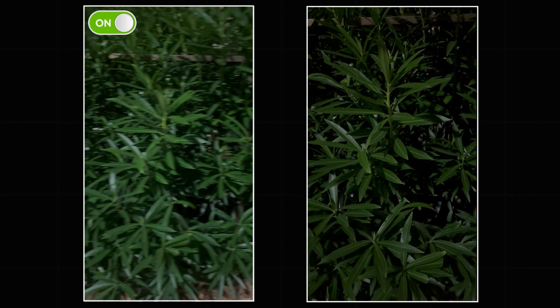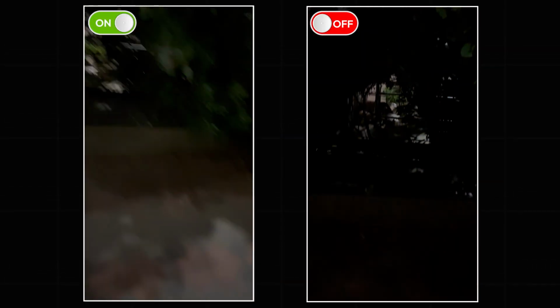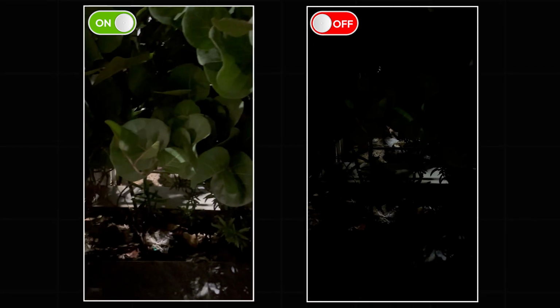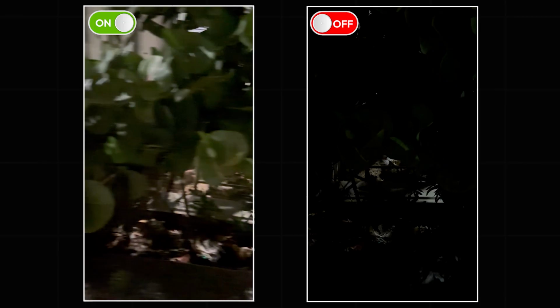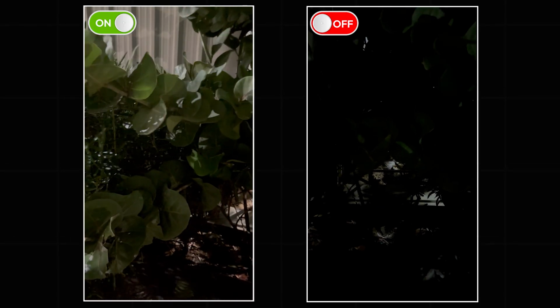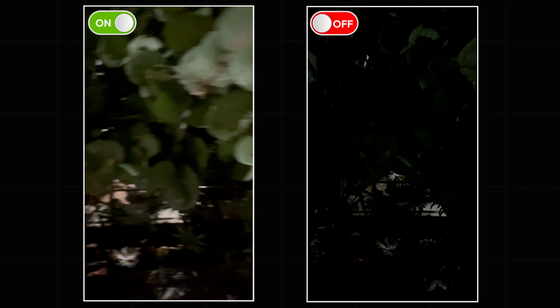Now we have these two videos captured at 60 FPS. The one on the left is taken with the Auto FPS feature enabled, and the right one was taken without it. Now as I moved from a well-lit area to a dark one, you can clearly see more details in the video with the auto frame rate feature enabled than the one without it. This is because Auto FPS reduced the frame rate from 60 to 24 FPS, allowing the camera sensor to capture